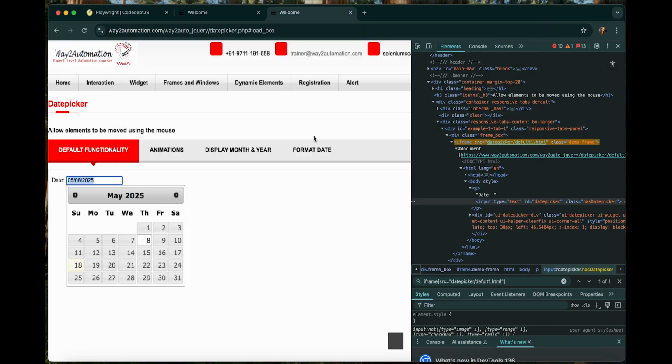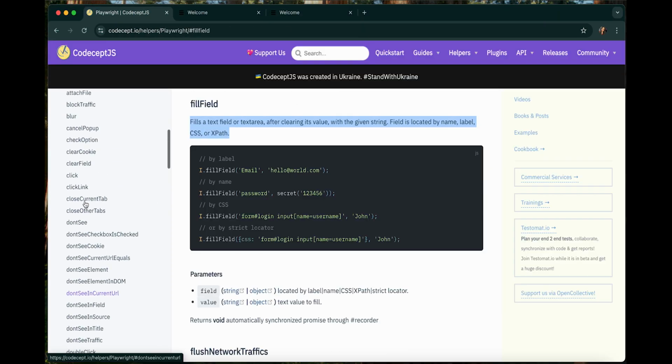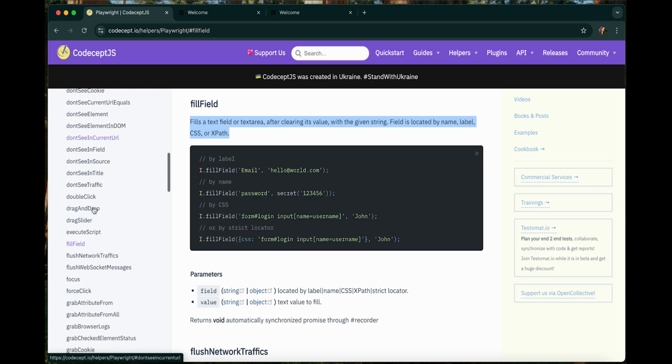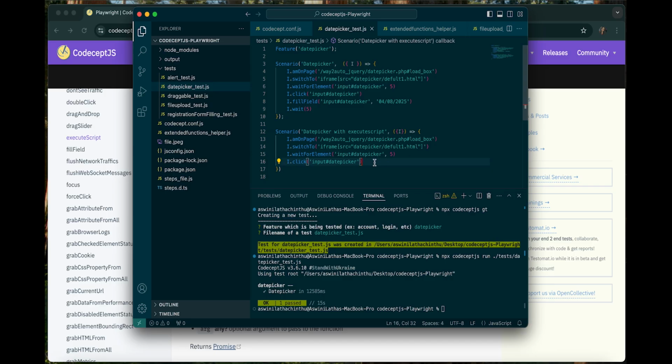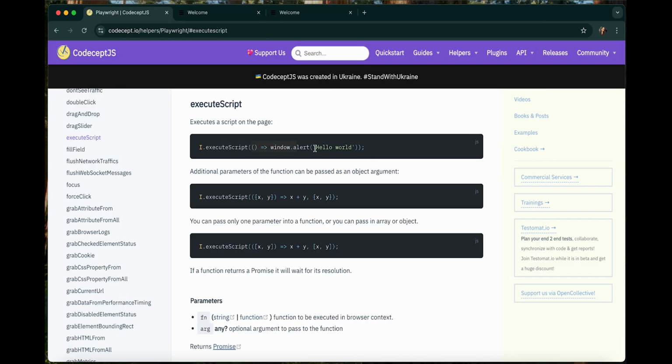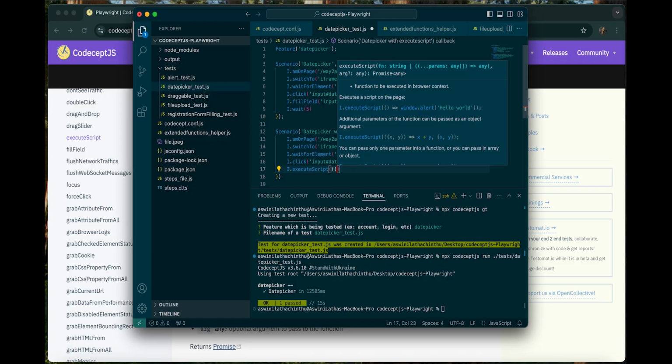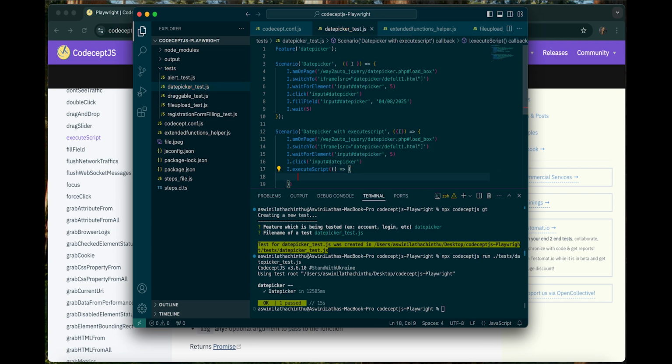Here if you see executeScript, if there is a part of the script you need to execute, that part you can write inside this function. For example, anything you need to handle with JavaScript, that piece of code you can write under this executeScript, and it will run the script, whatever we have written in that function. So I'm going to give executeScript. This is the syntax you can consider. It's a function. I'm going to pass the input datepicker, which is the element locator,